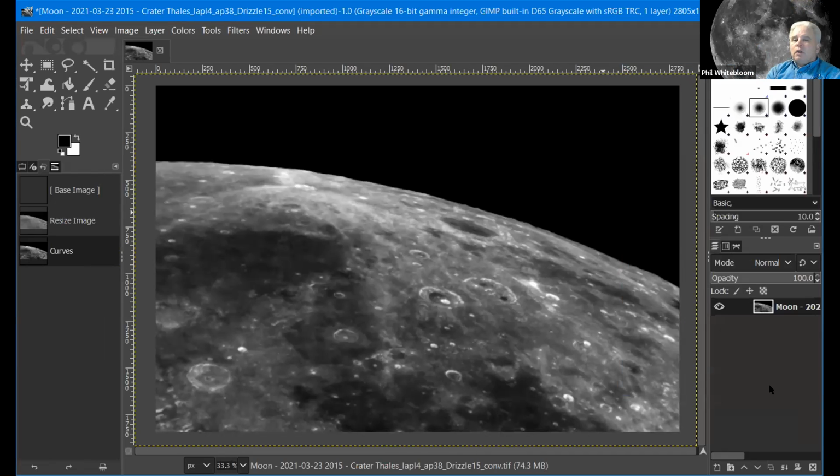So Jim, could you save that setting so you could recall it and run it over another image? All those adjustments you just made, you save it, name it, and then you could call it up again and just run it. You do that in Registax. Yeah, I don't know GIMP that well. I would imagine you can do that in PixInsight.